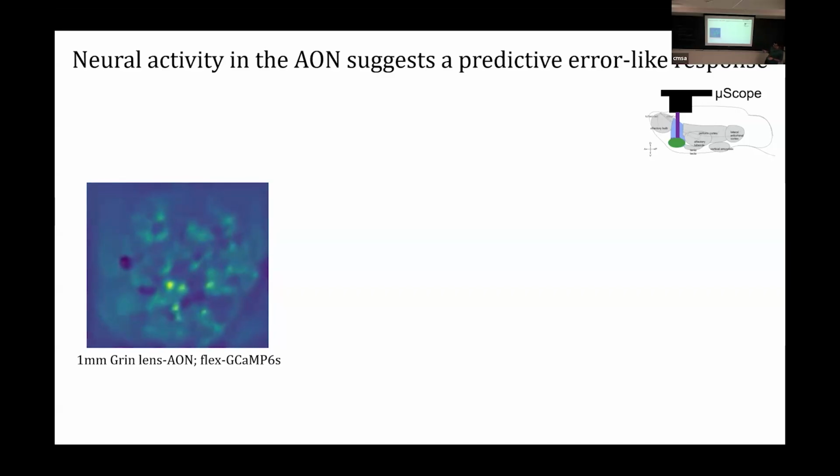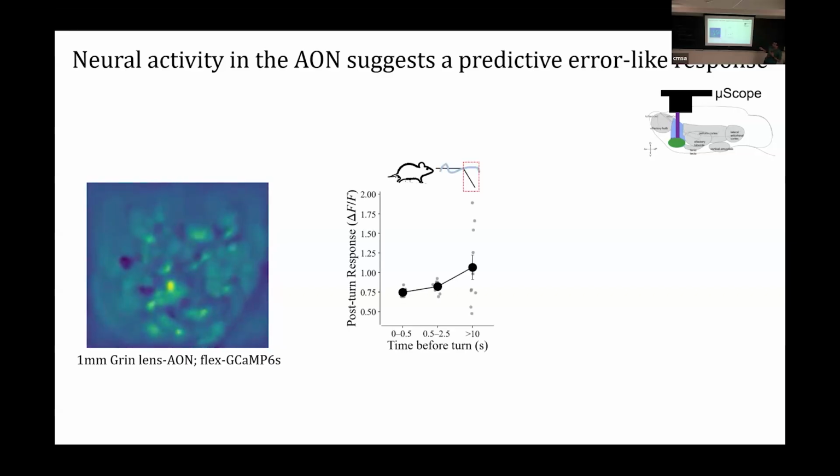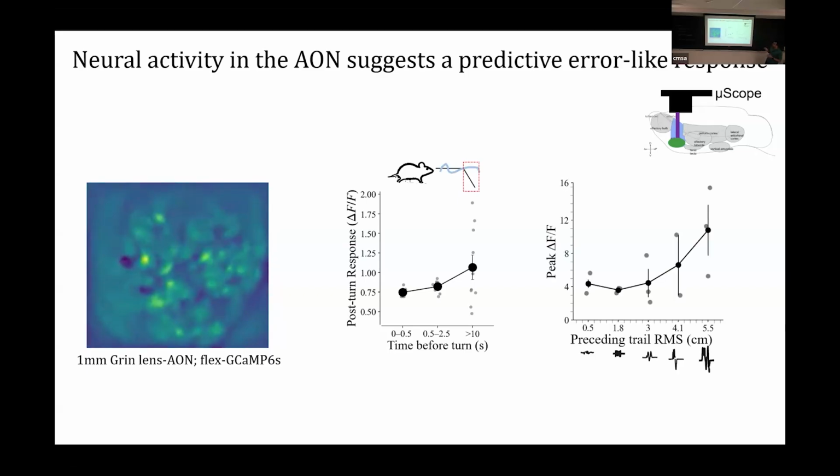So now what happens if you put a microscope in and look at neural activity in the anterior olfactory nucleus? Here is a population field of the neurons, and the flashes that you see are the neurons firing on some plane. And the idea here is that if you now remember both the turn experiment as well as the convolution that we provided, and looked at the straight sections, we find that